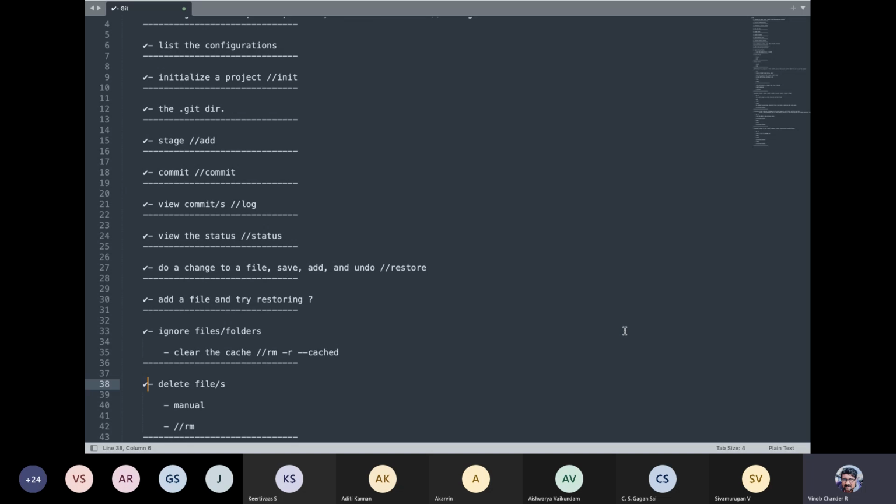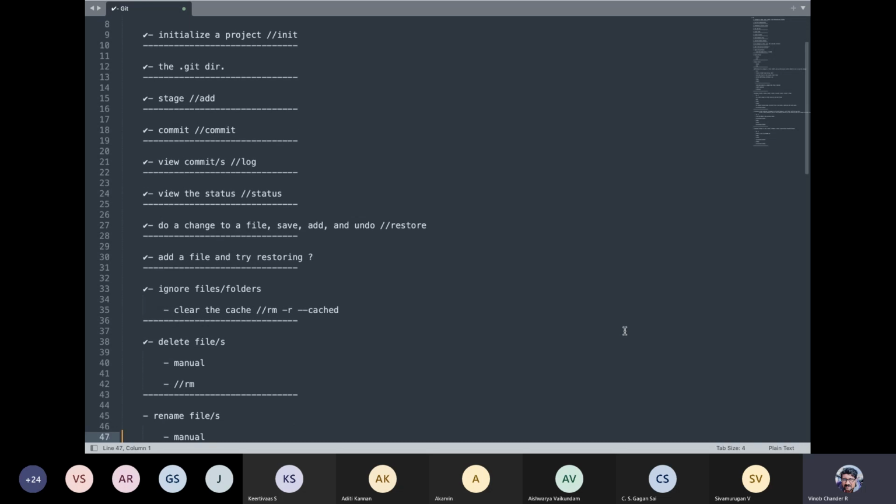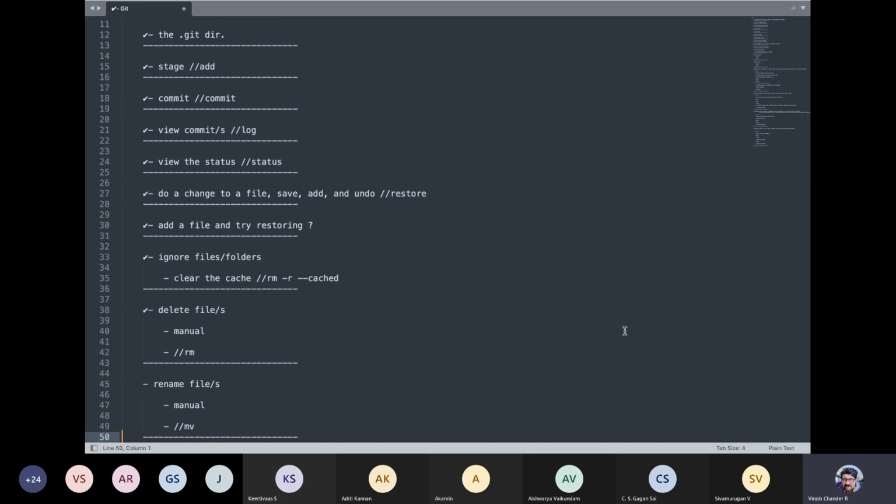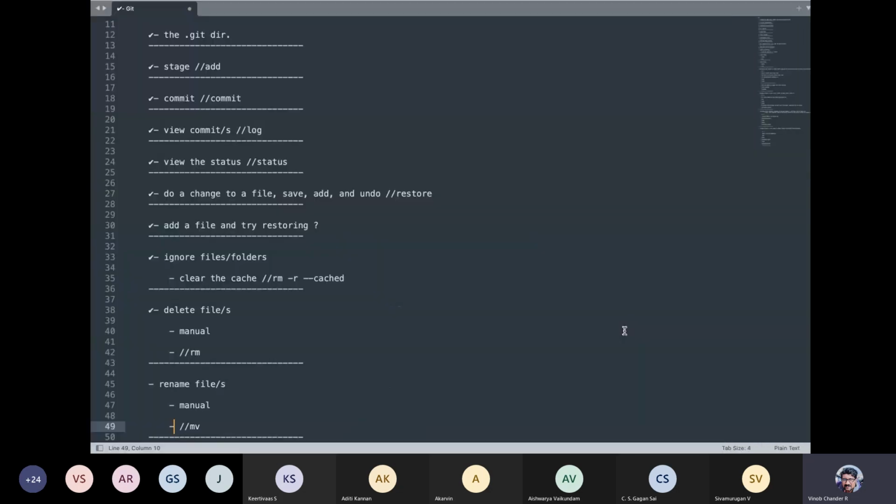Fine. So let us see a couple of more commands and then a couple of exercises so that you can practice as well. Before we come to the exercise, let us do renaming. Deleting, renaming, moving files around will be a common task that you will be performing again and again, and you need to be comfortable with it when you manage things with Git. Just like with delete, you can rename files in two ways, either manually or you can make use of mv. Now let us see that in action.